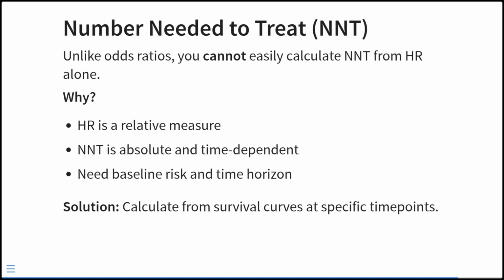So the number needed to treat is actually the average number of patients who need to receive a treatment for one additional patient to benefit compared with a particular control, usually the standard care or the placebo. So anytime you have a lower number needed to treat, it means that the treatment is more effective. If you have a higher number needed to treat, it means that the treatment is less effective. So for example, a drug reduces the risk of heart attack from 10% to 5%. That is, the hazard ratio is going to be, let's say, for example,